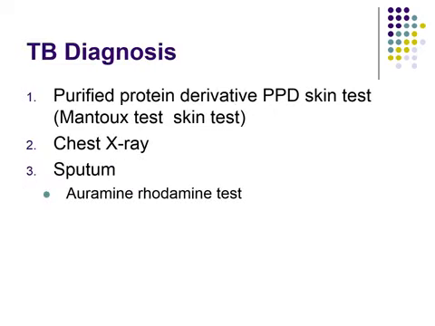So the diagnosis of TB disease is either by skin test or chest x-ray, while in case of laboratory diagnosis, in case of pulmonary tuberculosis, we take a sputum and use either Ziehl-Neelsen stain, acid fast stain,